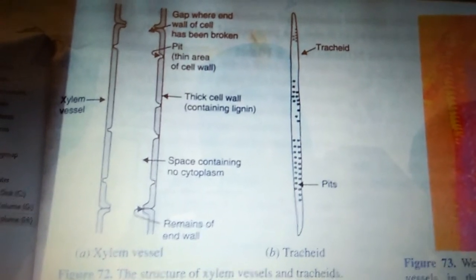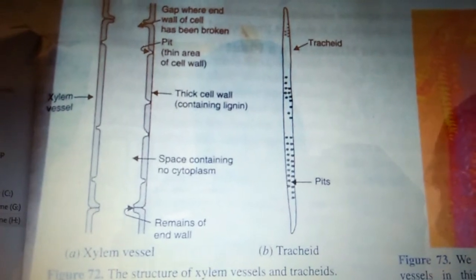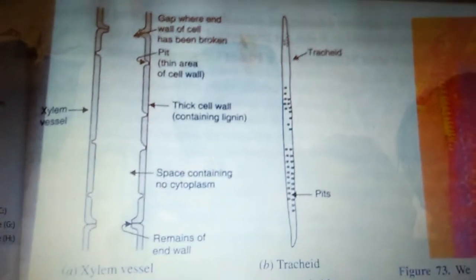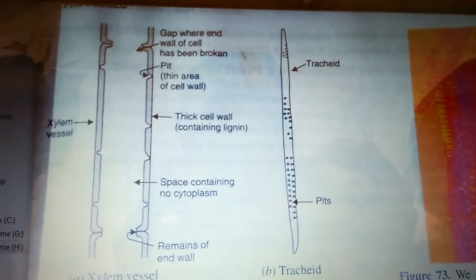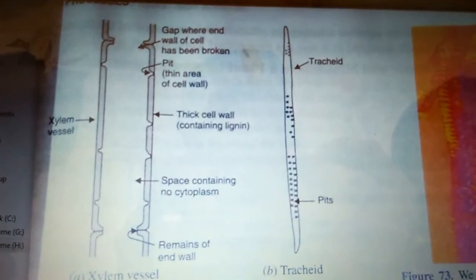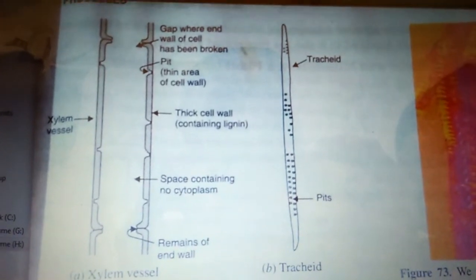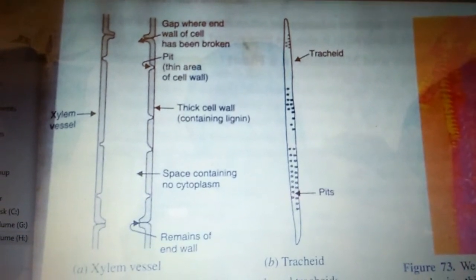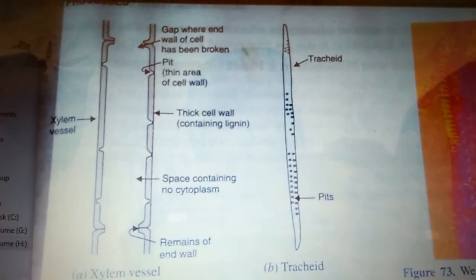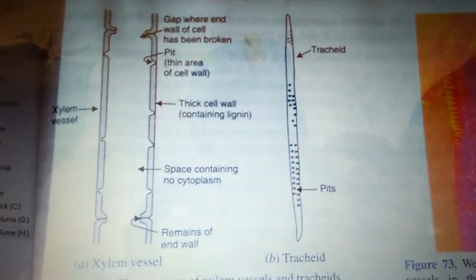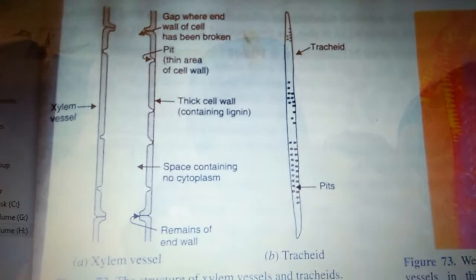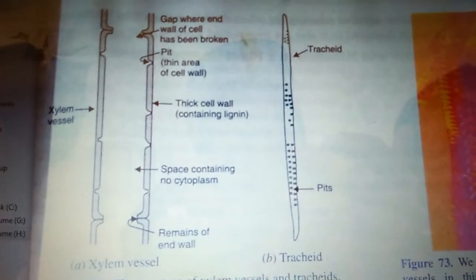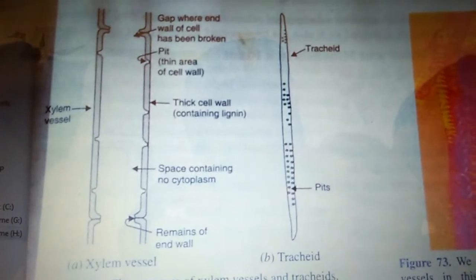If you observe the xylem cells, these xylem vessels are dead and non-living, and they carry the water and they have open ends. If you see their ends, they are open. And if you observe the tracheids, they are spindle shaped, their ends are closed, and they are also responsible for carrying the water. Basically tracheids help the xylem vessel in the conduction of water.